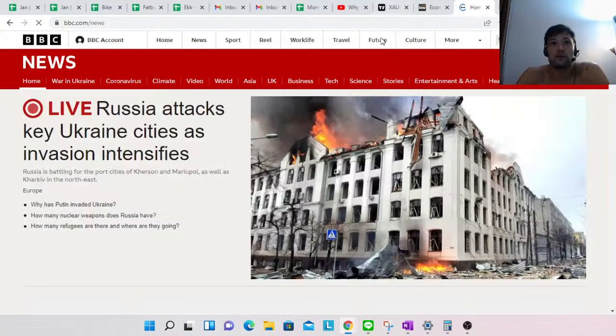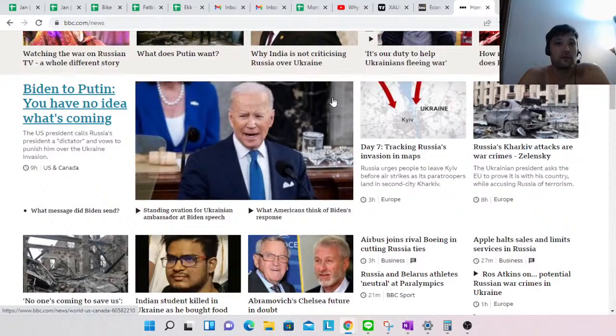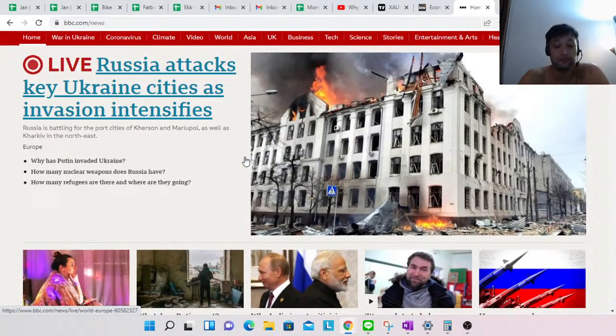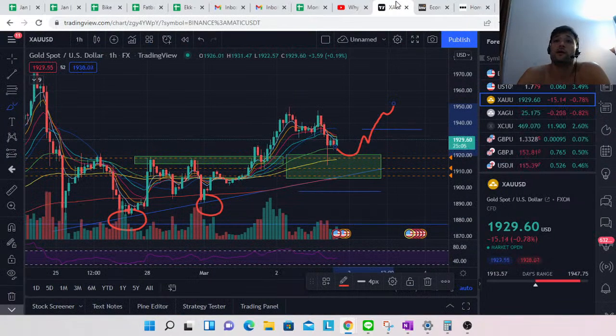If we look at standard Western media like the BBC, it's just a lot of continuous fearful news. As we talked about yesterday with Biden as well, as I kind of expected, he just fear mongered a bunch more. In general, it's clear that the fundamental media narrative around this war is still very, very fearful. It doesn't look like there's any kind of optimism creeping in whatsoever. So we just have to continue to expect that the market's going to be pushing higher ultimately.